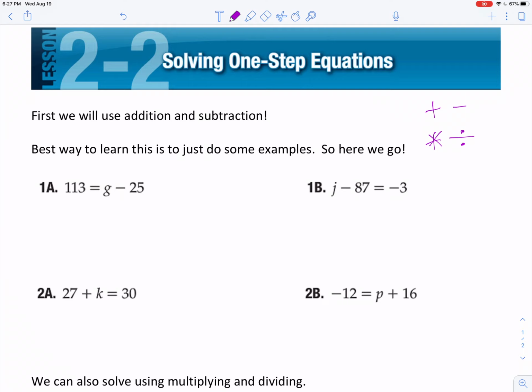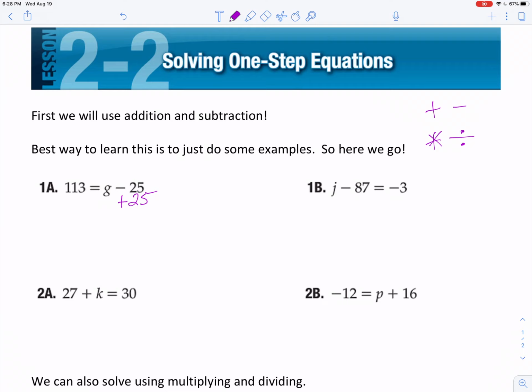Okay, let's come over here to 1a. I have g minus 25. Since that 25 is currently being subtracted from g, the way to get rid of it is going to be to add 25. Now you can't just add something on one side of the equation and assume that it's still